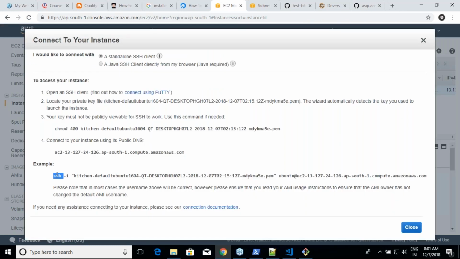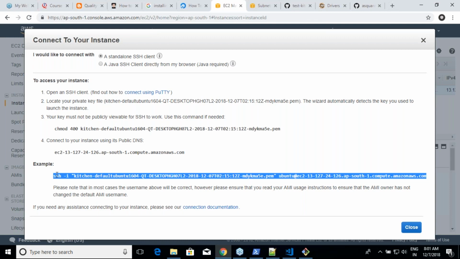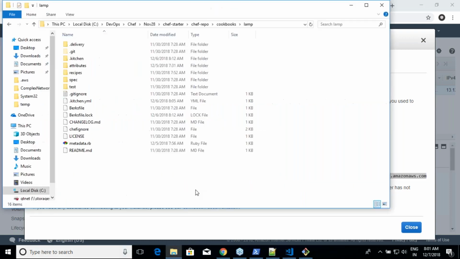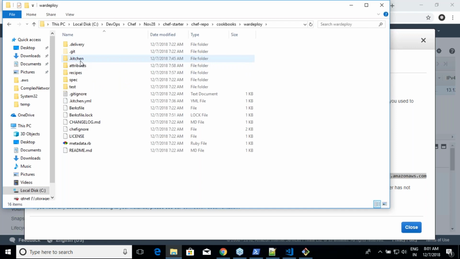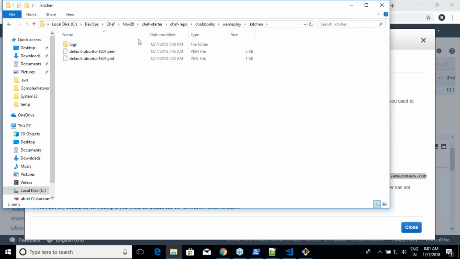Something like this. Now this is a lamp, right? Now let me get into var deploy, and he says in Kitchen, where is it? This is what it is, right? default Ubuntu 14 .pem.